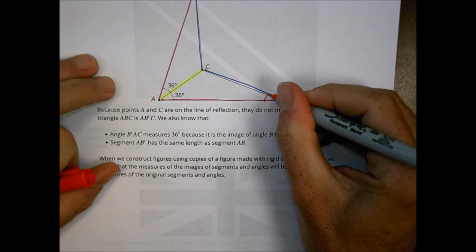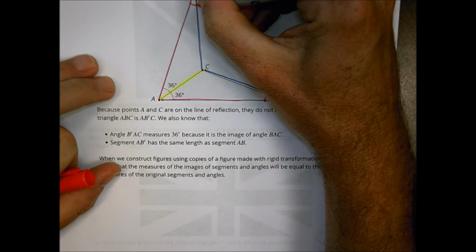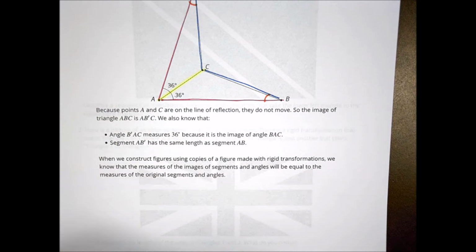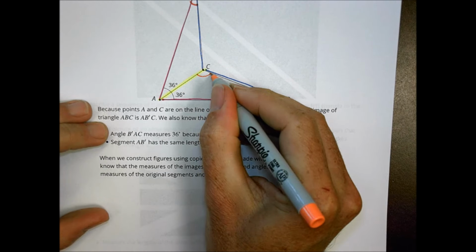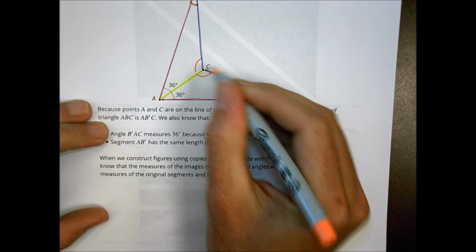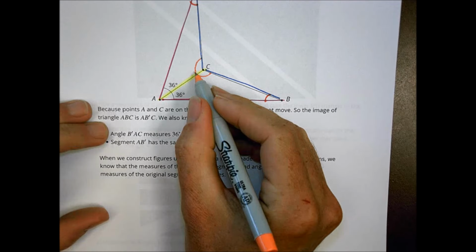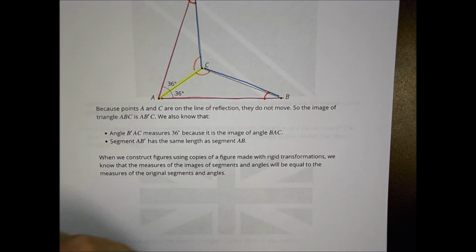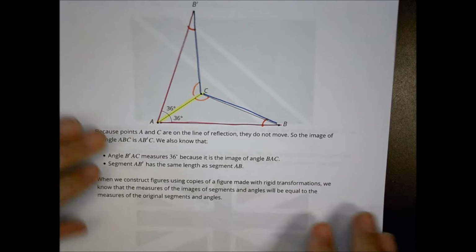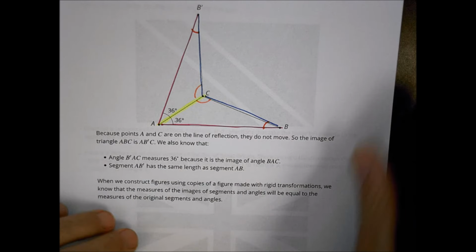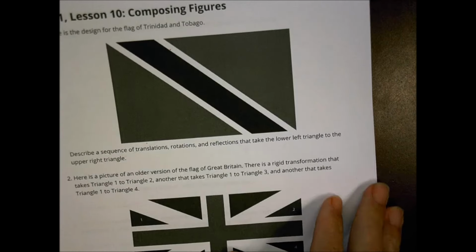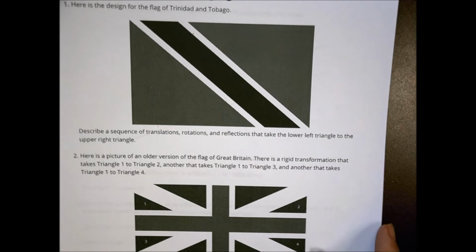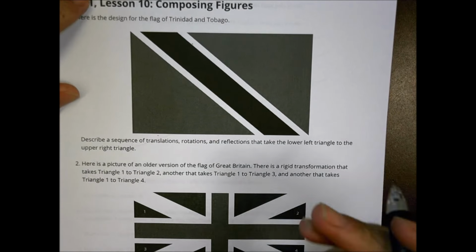So this angle B is going to match B prime, just as this angle right here, C, would match over here. Blue and yellow come together, pink and blue makes red. And so there's ways of looking at how that's going to work. I like to use lots of colors, just helps me visually see what's going on as I analyze the different shapes. Let's take a look at your homework then for tonight, because we have a couple flags which are made